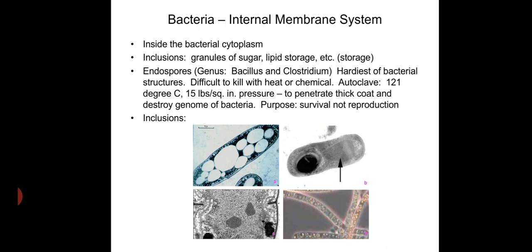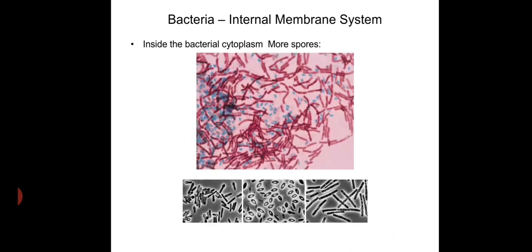It's the hardest of bacterial structures. It is difficult to kill with heat or chemicals. These bacterial endospores are destroyed by autoclave at 120 degrees Celsius. So this outer endospore can be penetrated and the genome of the bacteria destroyed. So another bacterial internal structure is known as inclusions, and another structure is the endospore. The figure showing